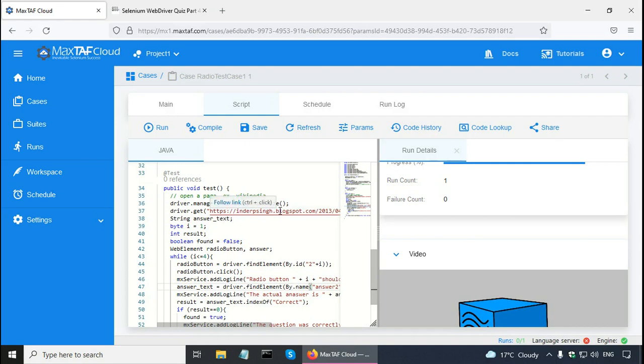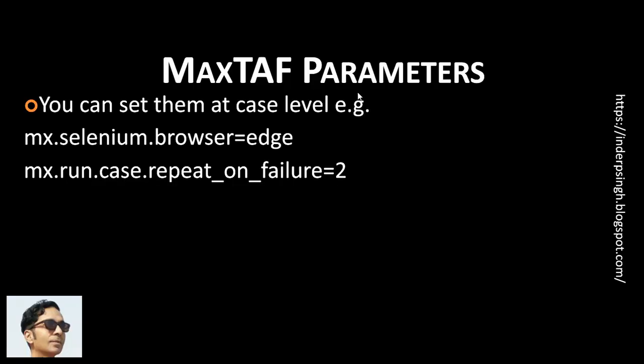So I leave it as an exercise to you to implement this Selenium Java script to answer all the questions in the quiz correctly. Now, MaxTAF Selenium framework using Java provides parameters. Parameters are a very useful feature of MaxTAF. You can set them at the test case level also and other levels. For example, you can write